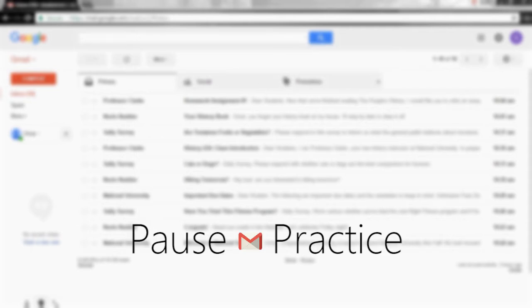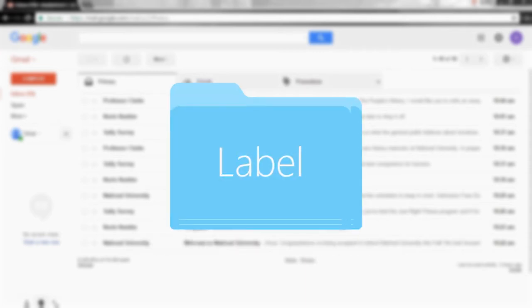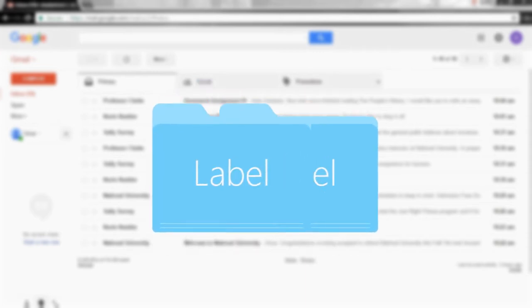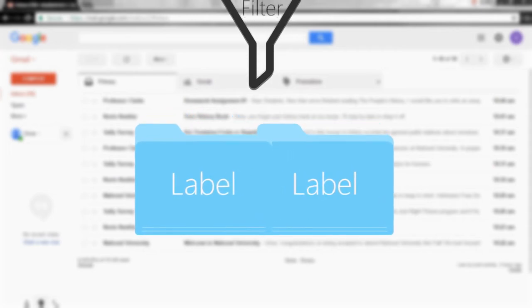We'll display this icon when it's a good time to pause and practice the skills mentioned on your own before moving on to further content. Are you ready to revolutionize the way you experience Gmail? Let's begin. Think of labels as folders for your email and filters as parameters that you set to store past,